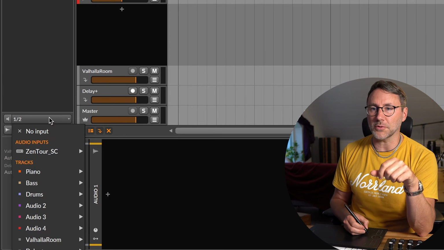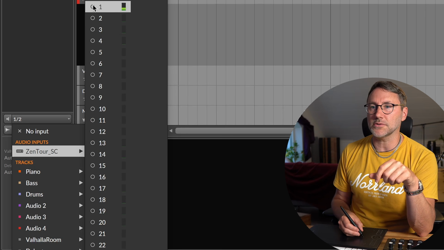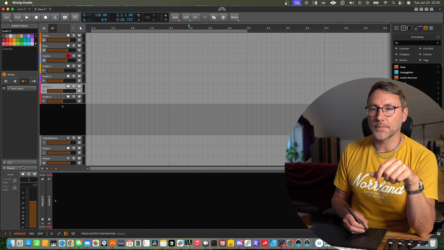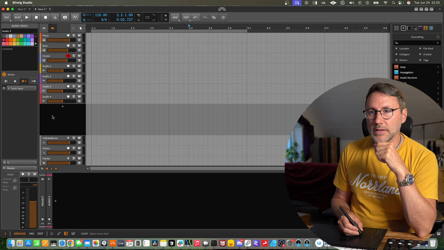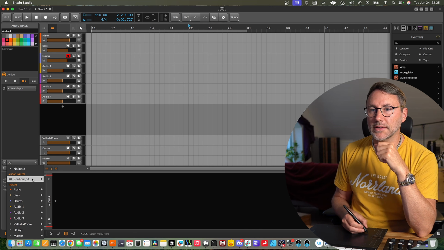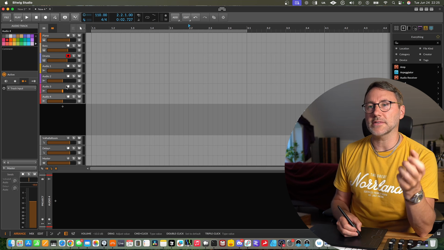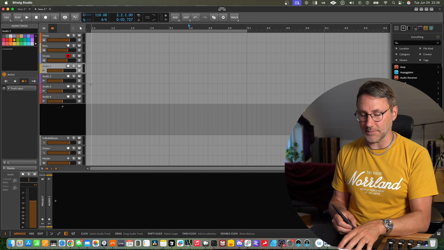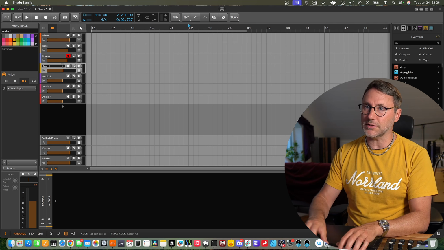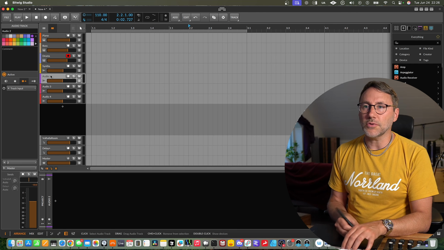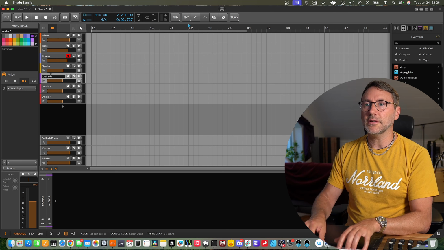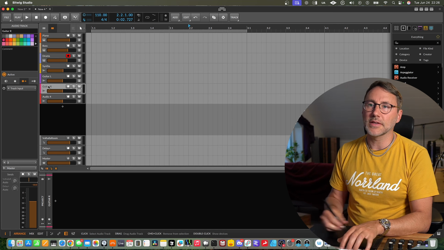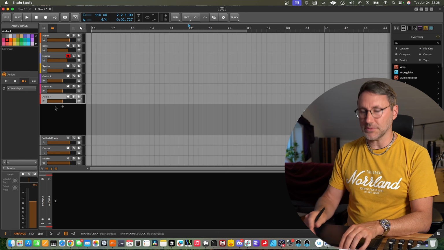But you could also, of course, go into the audio inputs and change this to input 1 and set the second one to input 2, input 3, and input 4 then, and so forth. So you have a predefined setup. And you can, of course, also rename these if you're often recording synths to this track, and you're recording guitar left or guitar right on this one, and then maybe you record something else on this one, maybe